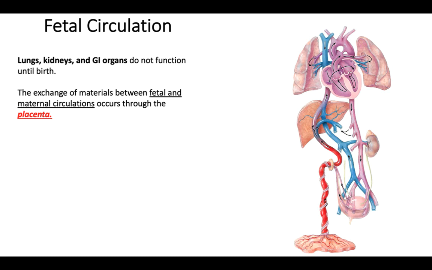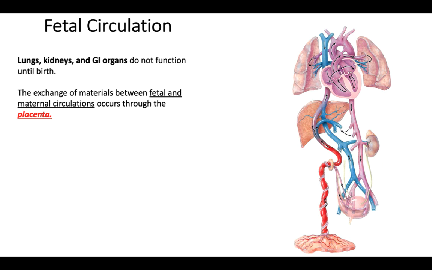It's got a lot of blood vessels. It's got a lot of capillaries. It's got fetal capillaries. It's got maternal capillaries. And those capillaries don't allow the blood to mix together, but it allows things to get exchanged. All right, so the placenta is where things from mom's circulation can get into the fetal circulation, and things from the fetal circulation can get into the